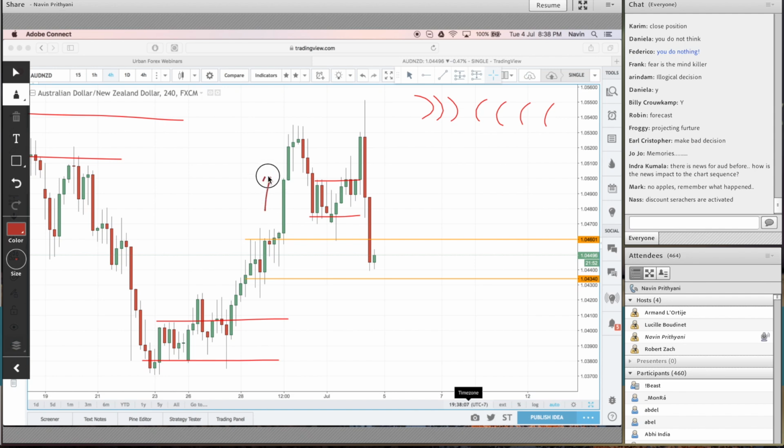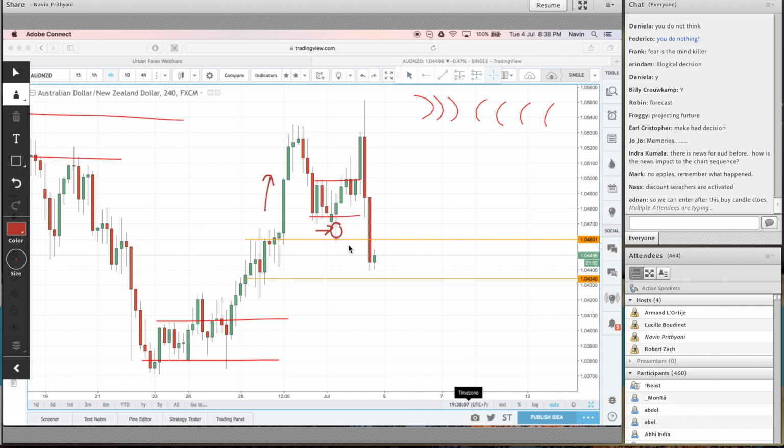Anyone who was buying has just been stopped out, and not just stopped out, they might even turn sellers. So there's a lot of people's money going short now because enough time has passed, enough momentum has happened to make sure everyone sells whatever they have. Now, these things turn right back around, right up to there. Whatever the sellers were doing, the buyers took it all the way back.